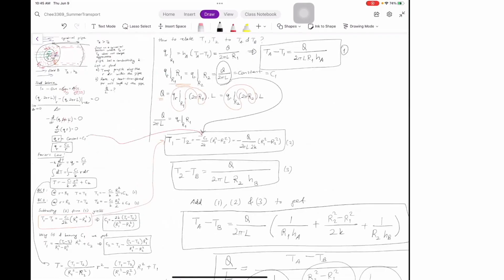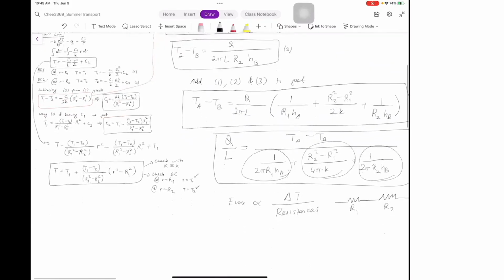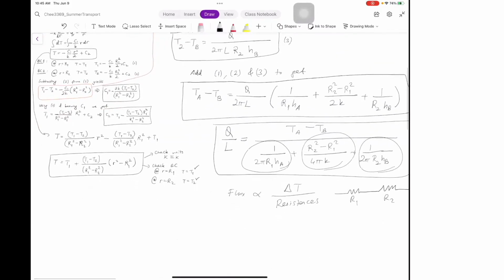Okay, there's one thing we're missing. What are we missing here? Any suggestion? Temperature profile evaluation. Exactly. We got the temperature profile, but you're right. The temperature profile has T1s and T2s, but it's missing the TA and TB. So instead of T1 and T2, you should actually write it in terms of TA